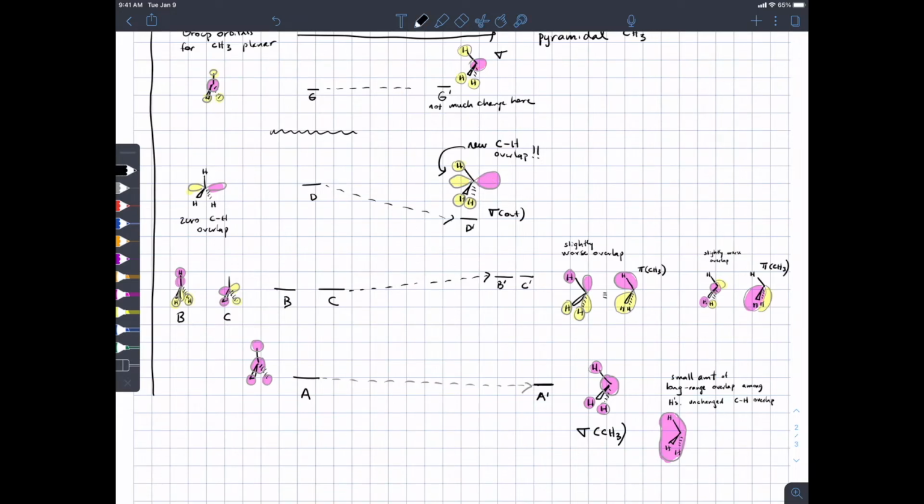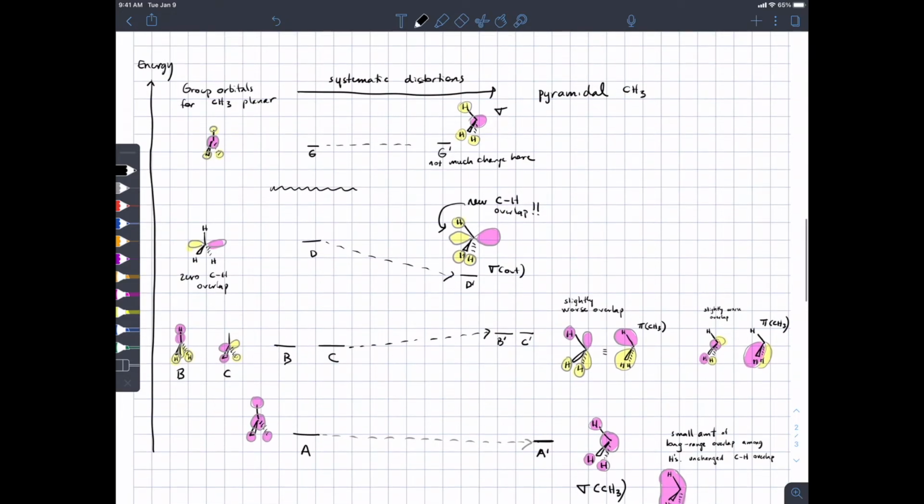So to make things consistent, and again, I don't know why the math requires this, we will mix G and D together in a way that makes a hybrid shaped orbital,